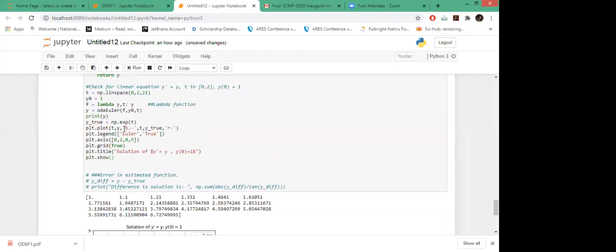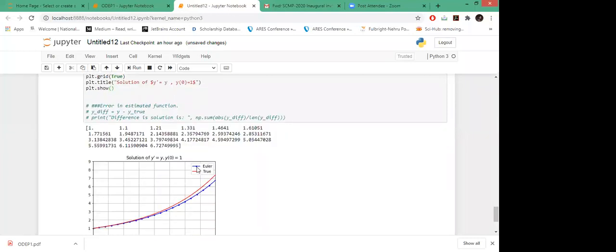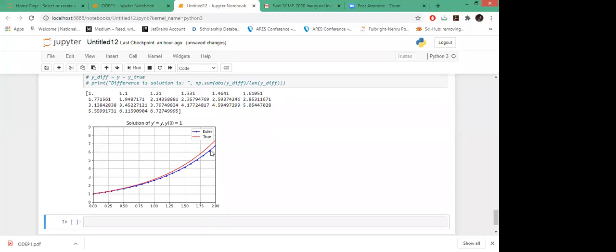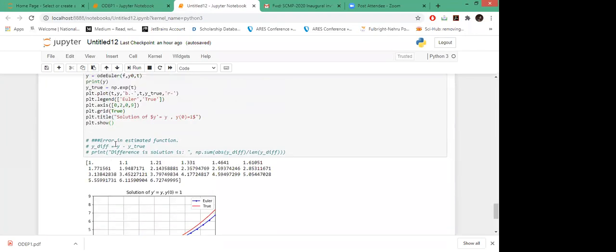Okay, so here you can see this blue one, which you computed using the function you have defined, is passing through these points. But in the true function, there are some gaps, because the actual solution we couldn't find using this. Euler's method will give you the approximated solution, and you can also check the error. So let us check the error.